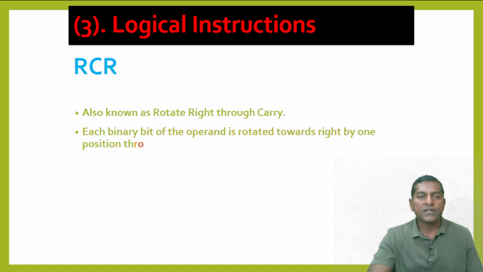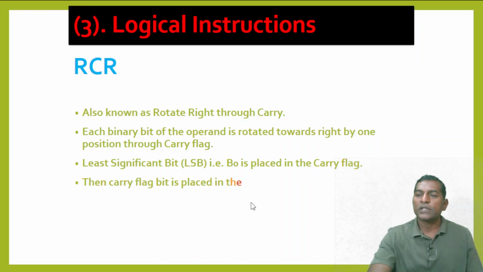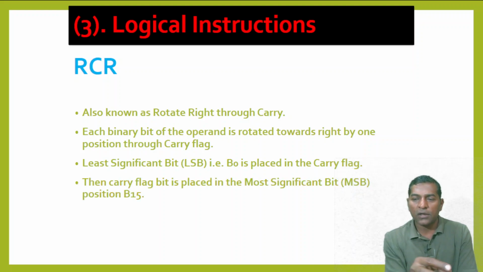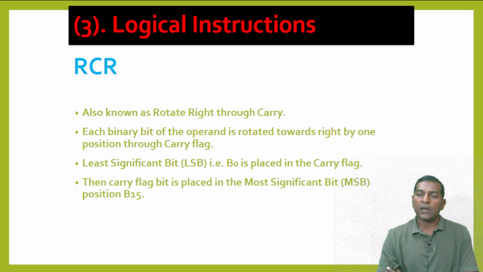RCR. This instruction rotates through carry. The carry information will be a part of this particular instruction whenever we are rotating the contents in a particular destination register. Each binary bit of the operand is rotated towards the right by 1 position through the carry. The least significant bit, LSB, that is B0, or we can refer to it as D0, is placed in the carry